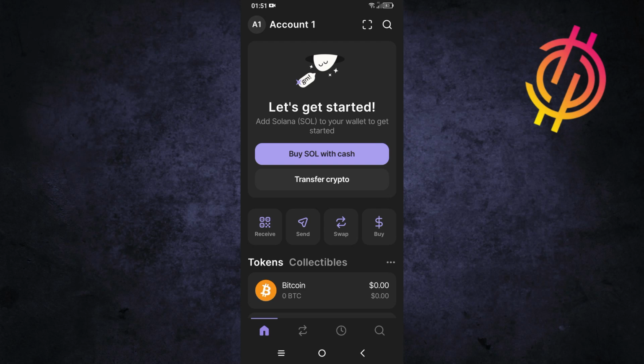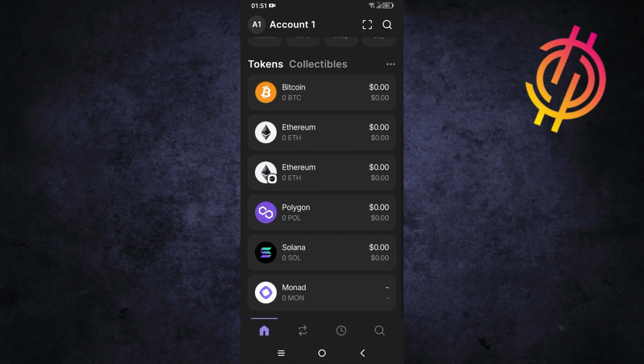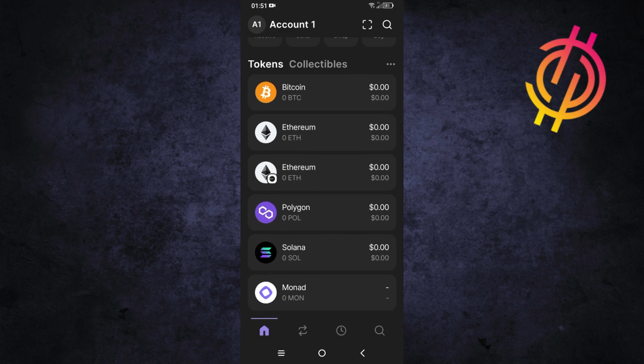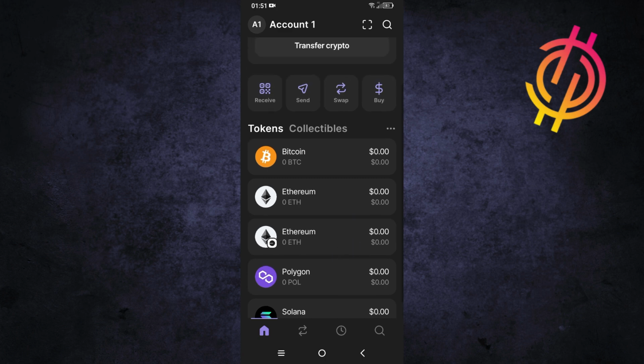How to transfer assets from Binance to Phantom wallets. Now, assets could be one of these tokens. For example, if you have assets on Bitcoin or Ethereum or Polygon or Solana or Monad. So after that, what you need to do, after you find the token that you have assets on your